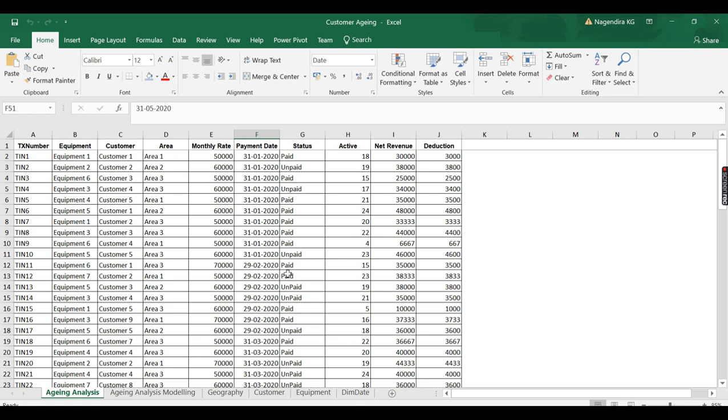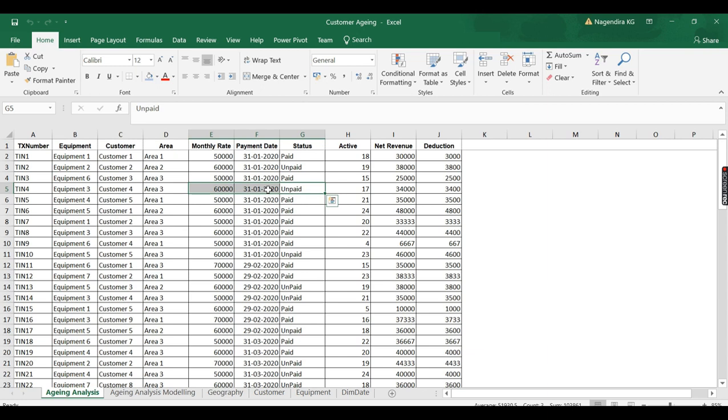So each day it has to be dynamically calculated. Assume on February 28th of 2020, it is 1 month due. It is in the 30 days bucket. Okay, this particular transaction,